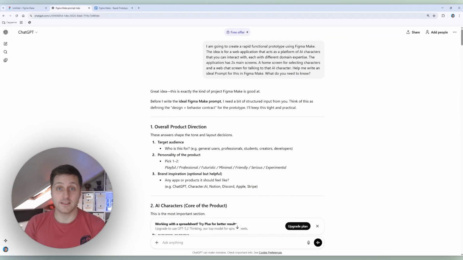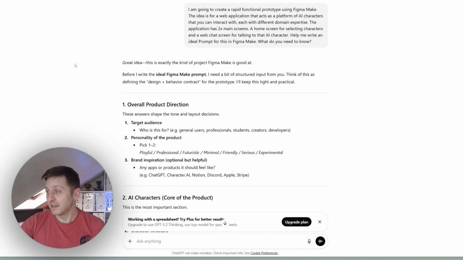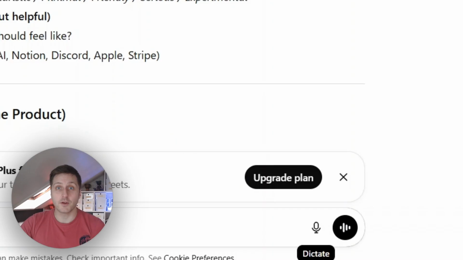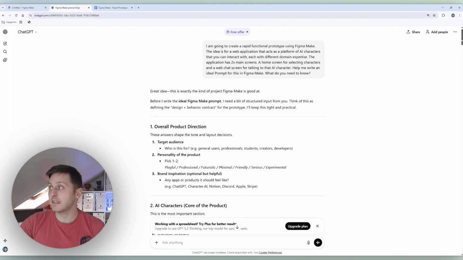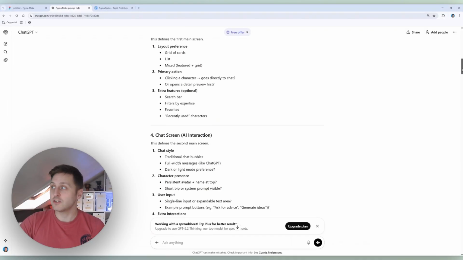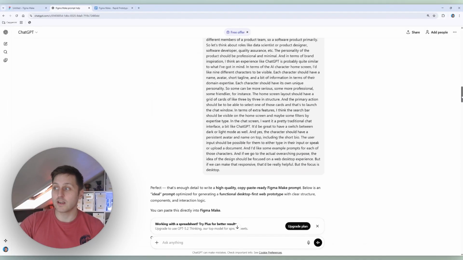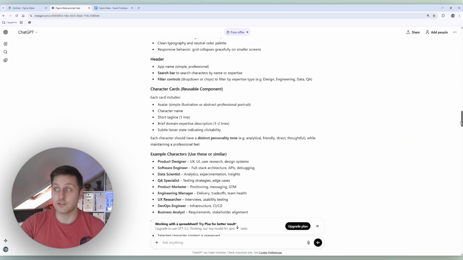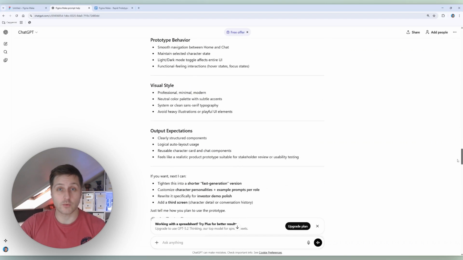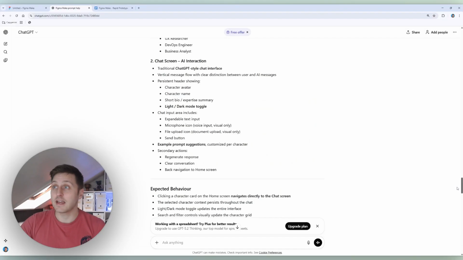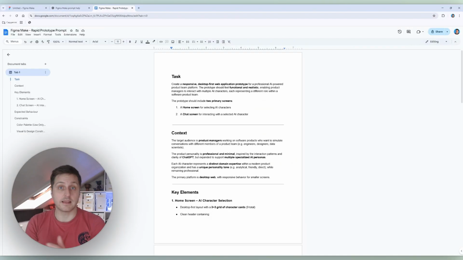Firstly, I actually went into ChatGPT and I had a bit of a conversation with ChatGPT. I actually love using the dictate mode on here, and I told it a bit about what I wanted to create. And you can see I've got a whole set of information here where I'm basically going back and forth with ChatGPT to make sure it's really clear what I'm trying to create. And I eventually then pasted that as a prompt into a Google document,